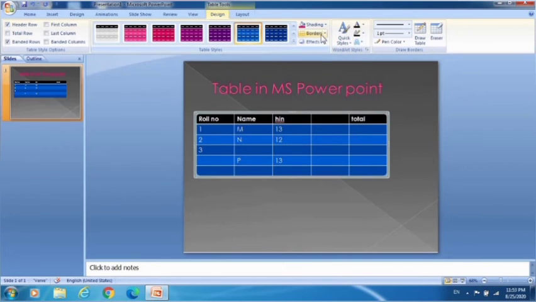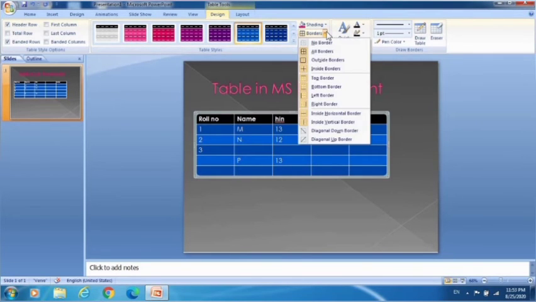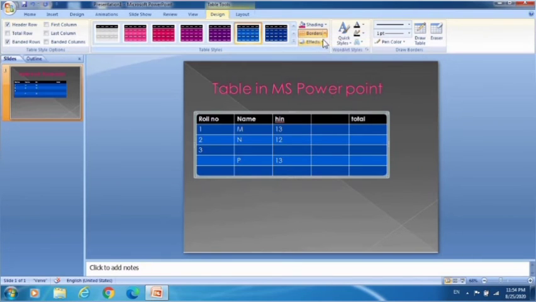Then see borders. If you want to apply borders among all the cells, select all borders. If you want no border, then select the no border option. So in this way you may apply borders to the table.